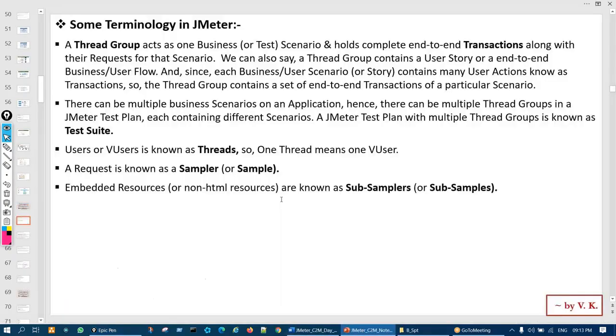First we'll talk about some terminology. In JMeter, there is a term called thread group. It's an element. This thread group acts as one business or one test scenario, and it holds the complete end-to-end transaction along with the requests for that scenario. So what does a thread group mean? It means one business scenario, and it will be holding all the end-to-end transactions along with the requests for